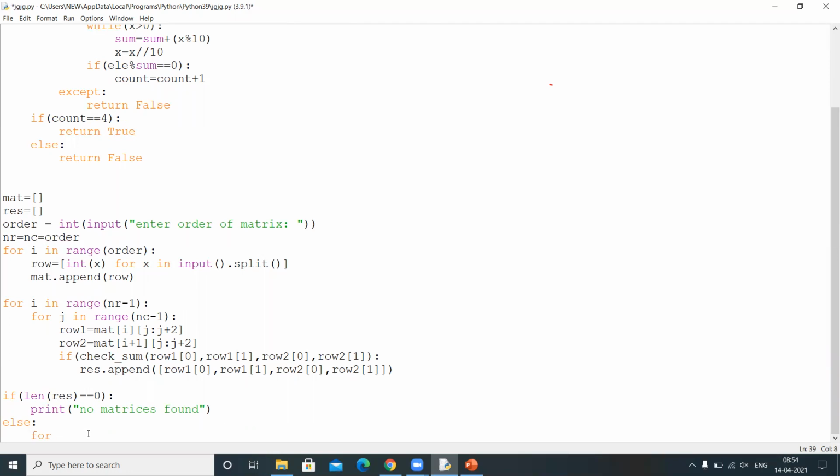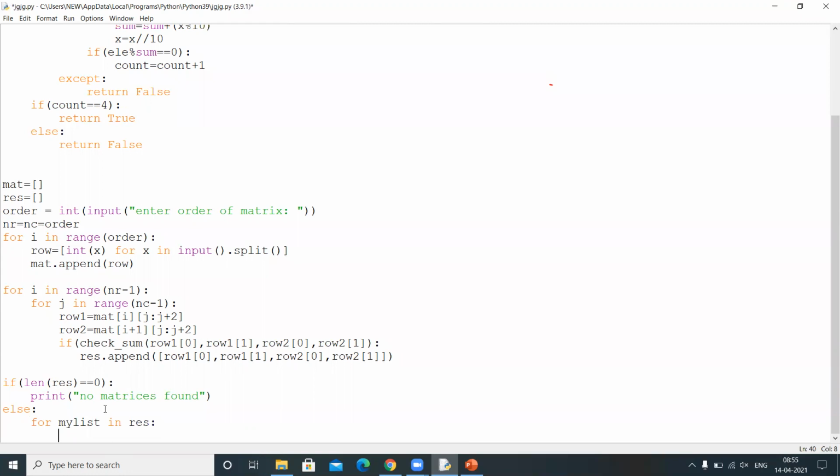Means for every list present in the result, what do I need to do? I need to print it, right? Print my list of 0 and my list of 1.